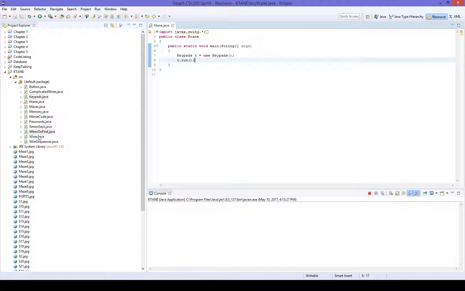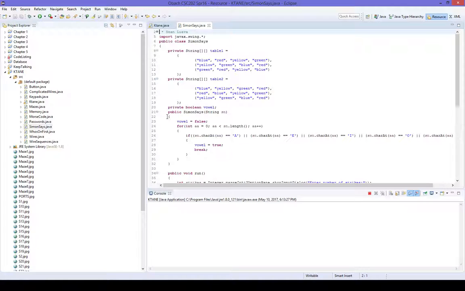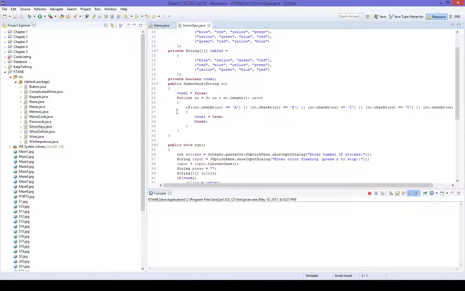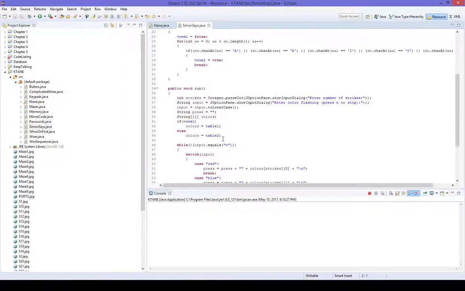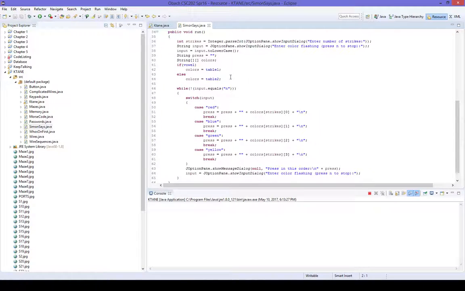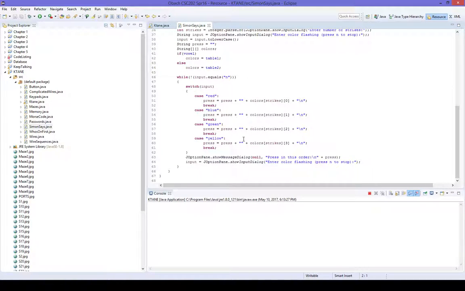So after keypads comes Simon Says. Well, this is an easy one. Here's the run. Doesn't equal n. Oh, actually, no. It does it by itself. Does it by itself. But just in case,